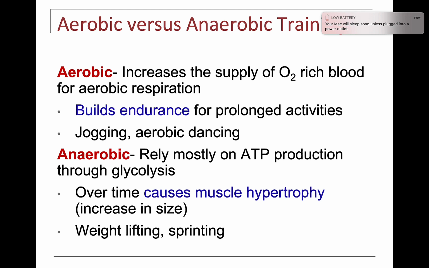So as we saw, those slow oxidative and fast oxidative glycolytic fibers increase the supply of oxygen-rich blood for aerobic respiration. They're good for aerobic exercise. You're talking about endurance, such as jogging, aerobic dancing, many other examples there. Those fast glycolytic fibers are more reliant on ATP production through glycolysis, so this would be more anaerobic training. Over time, this fast glycolytic working of anaerobic causes hypertrophy or increase in size, like we see in quick sprints